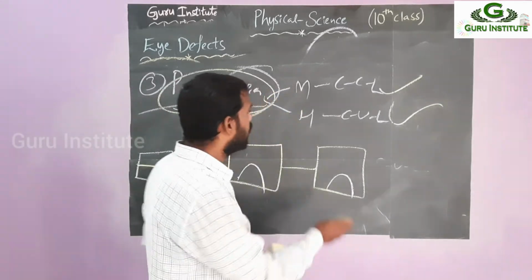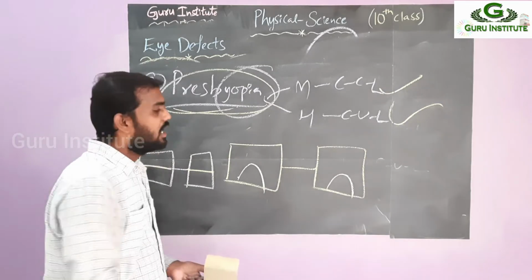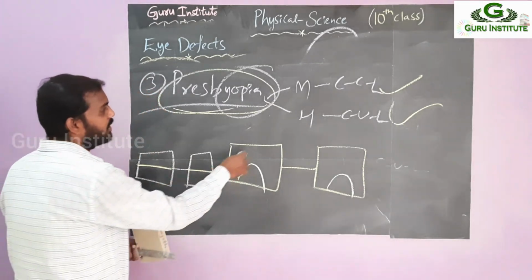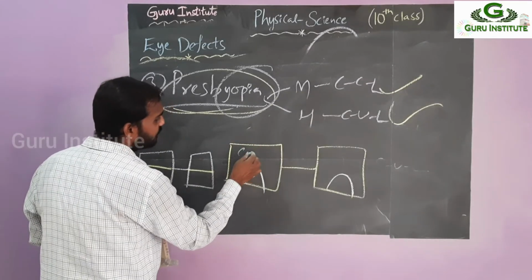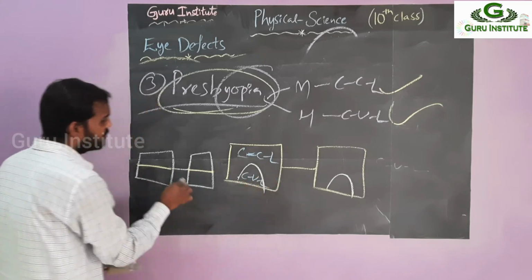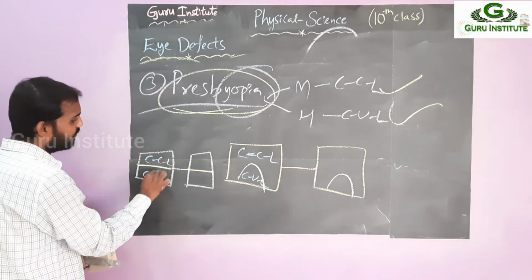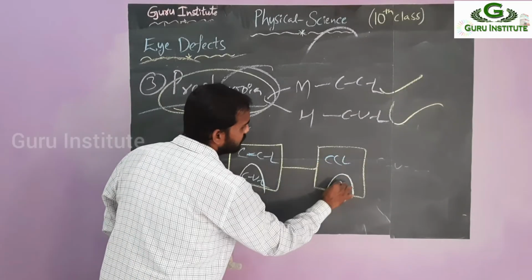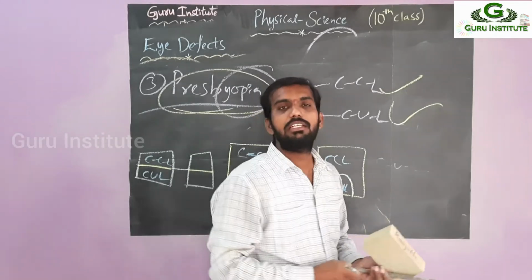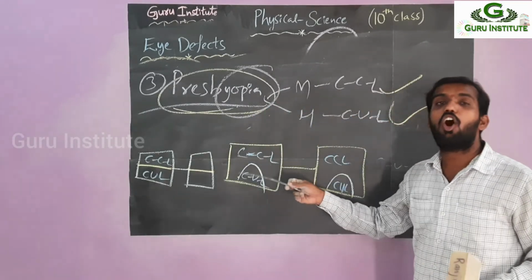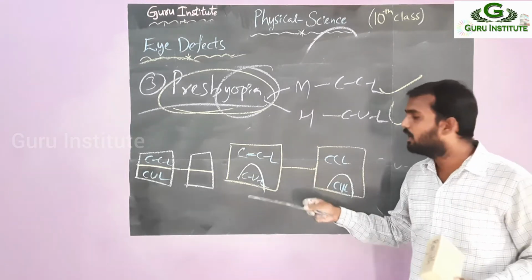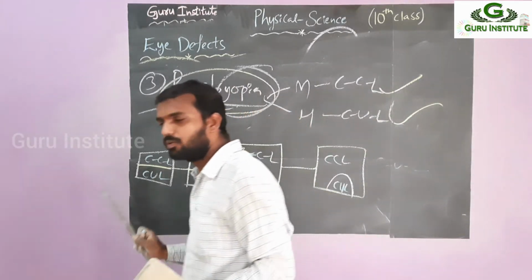Simple logic. For above, the myopia defect correction lens is used, and below you have to use the hypermetropia correction lens. Then myopia defect, what is the lens? Concave lens. In this one, convex lens. So here also concave lens and convex lens. CCL, CVL, not IBL. Okay, CCL and CVL. So CCL means concave lens. Simply, myopia first, we have to use in the top one. Hypermetropia next, we have to use the convex lens.